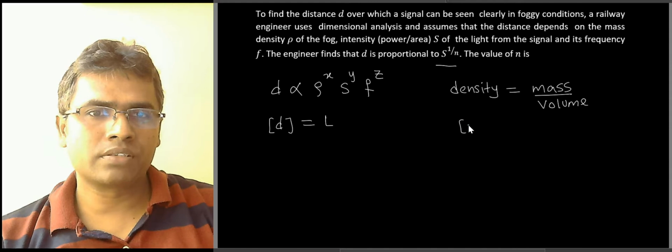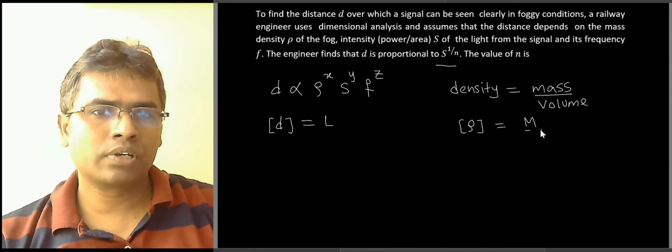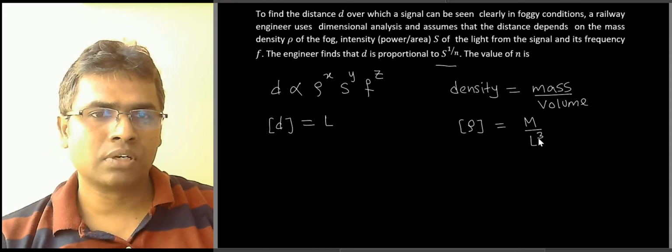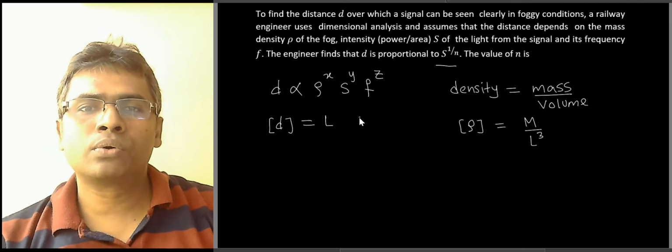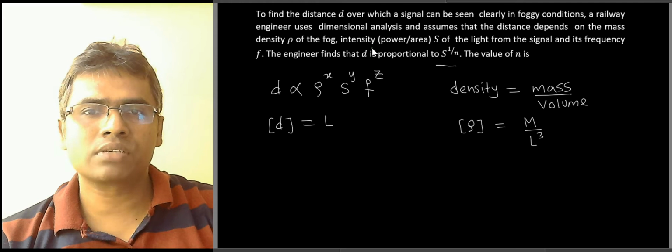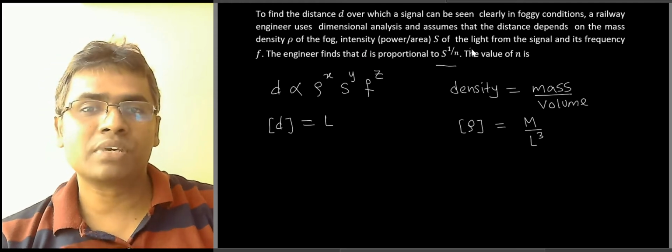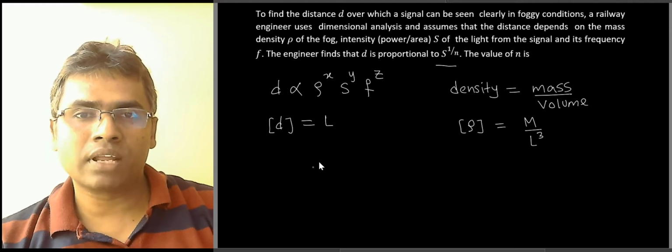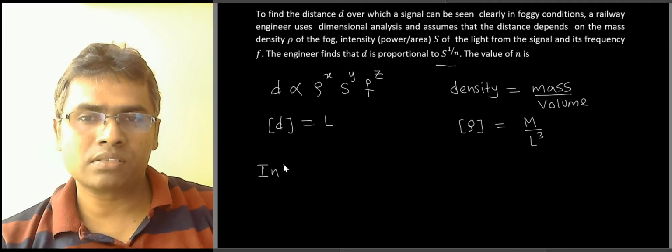So the dimensions of density rho will be M over volume, which is like multiplying length three times by itself, so L cubed. Now, to get the dimensions of intensity, the problem has given its definition. The intensity of light is defined as power per unit area. So if you take intensity,